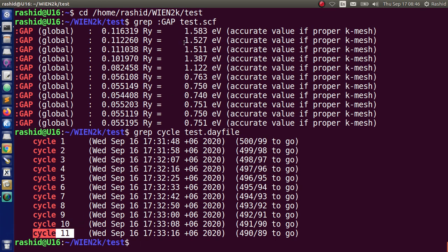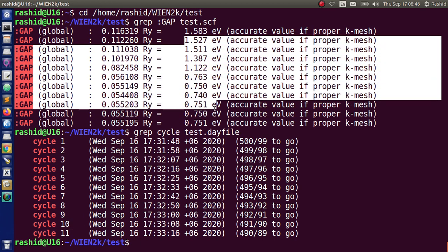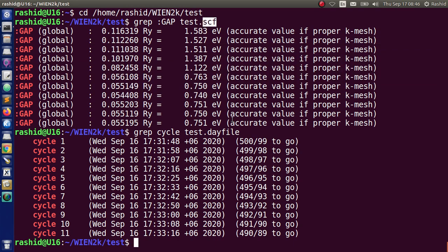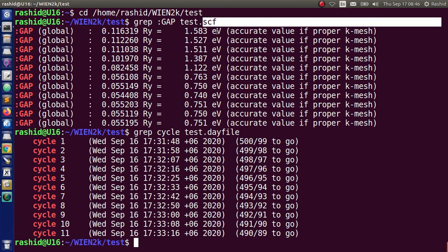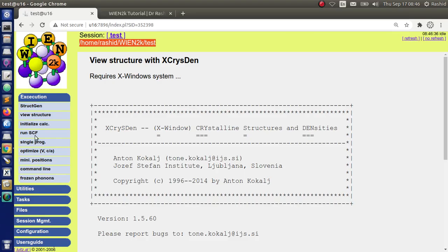That's why we have several values recorded in the SCF file. So using the grep command, you can also find the total energy value and the Fermi energy value from the SCF file. To make it simple, I have written a script.